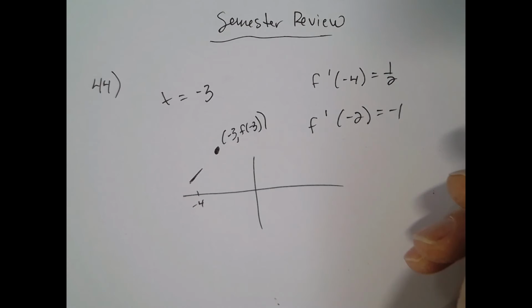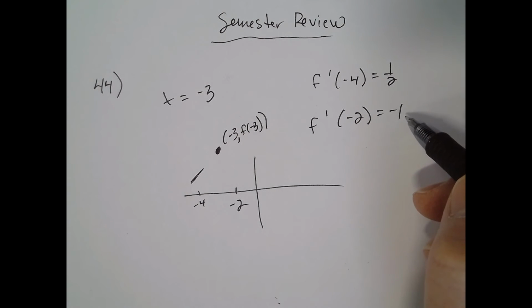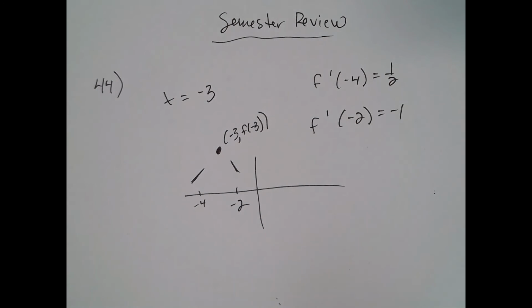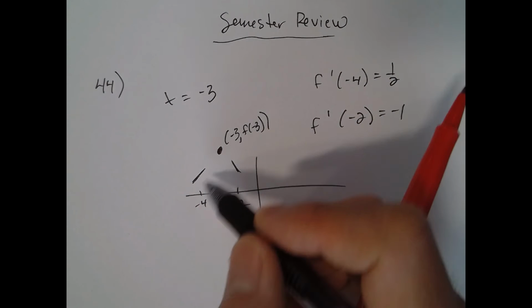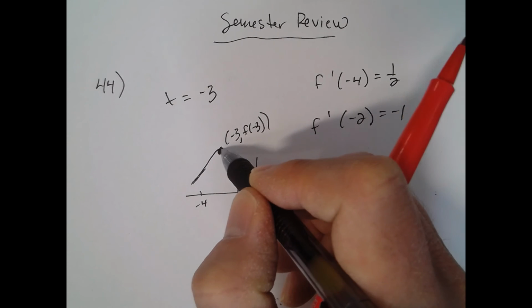And then at -2, we know we have a derivative of -1/2. Okay, so it has a negative slope at -2. So we know it's increasing here and then it's decreasing afterwards, so we can see that that has to